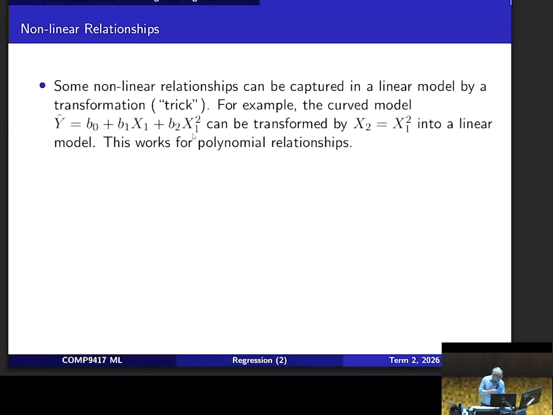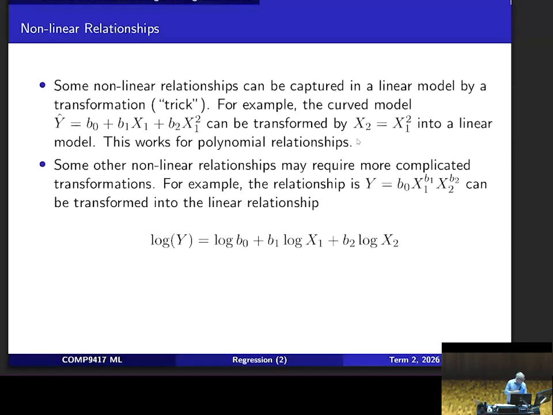Sorry, this is a linear combination of this thing here. This is not linear. Okay, so you can come up with a new variable, which is actually representing this thing here, x1 squared, and you can just say, okay, x2. And you generate all the values from your data set in terms of x2, and as long as when you're doing prediction, you can also generate those values, you can now fit a polynomial relationship like this